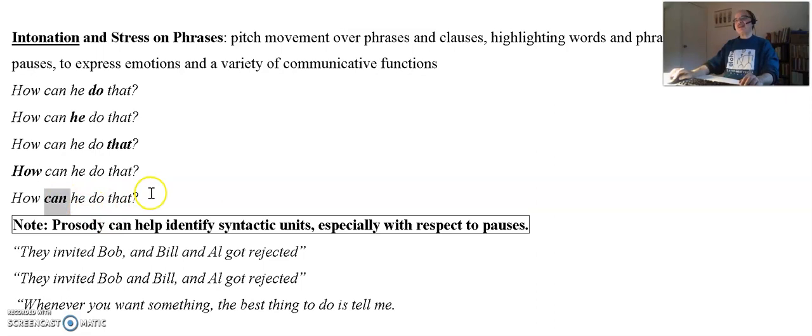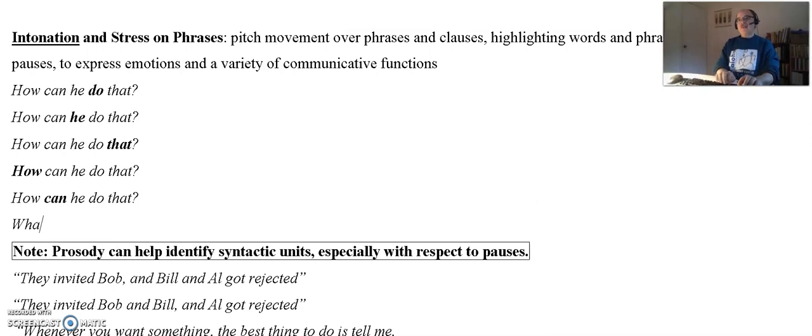In each case, there's a slightly different intonational emphasis, but in addition, it highlights or focuses on the key words, key parts of the phrase. Am I focusing on him, or am I focusing on what he did, and that sort of thing. There are other things that you can do. Of course, asking questions, you use maybe a rising intonation, or a command, you use a falling intonation in English, right? So, what's he doing?